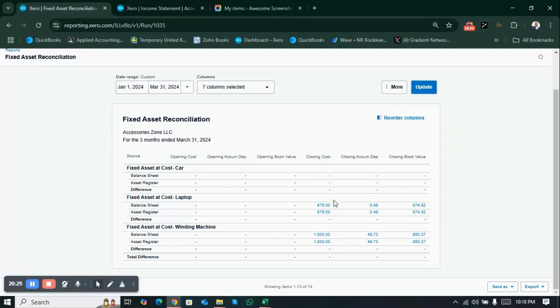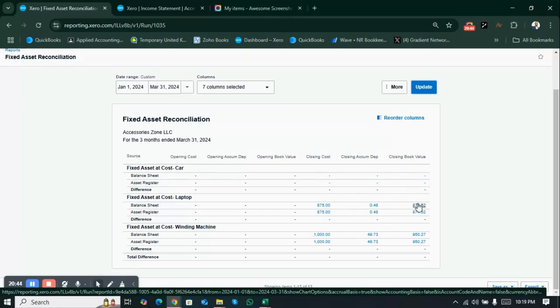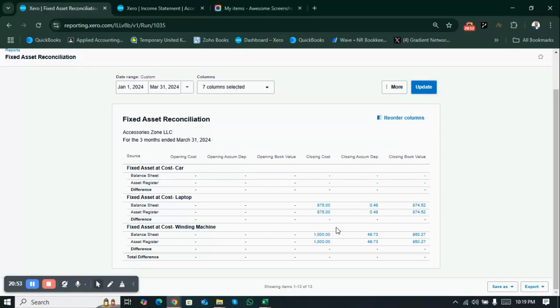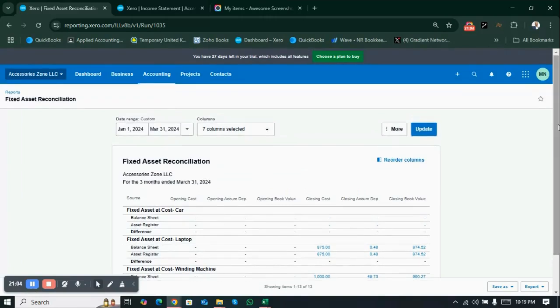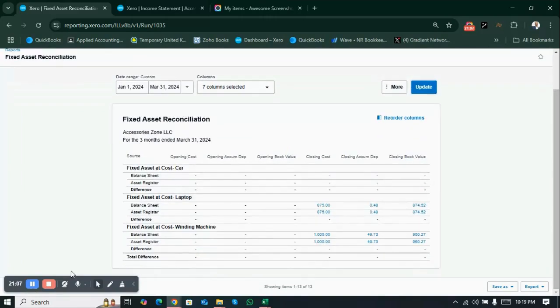And the balance under the closing cost, both for the balance sheet and asset register, are same. So difference is zero. Accumulated depreciation is same, so the difference is zero, and the closing book value are the same for both asset register and the balance sheet. So the reconciliation report gives you any treatment that you have missed by showing you the difference in either closing cost or the closing accumulated depreciation or in the carrying value of the written down value. So this is one report actually that can be helpful to see if you have missed any treatment regarding your fixed asset. One more thing,